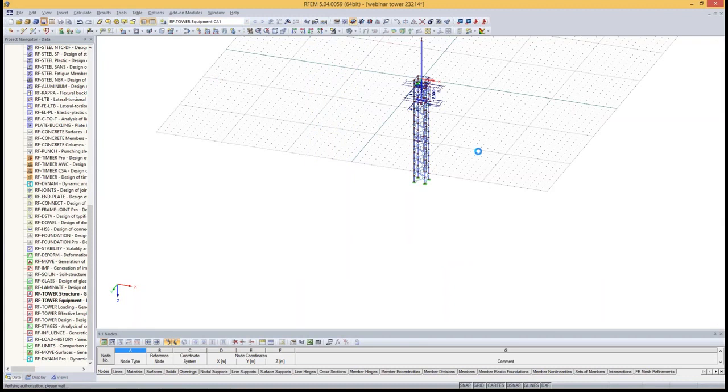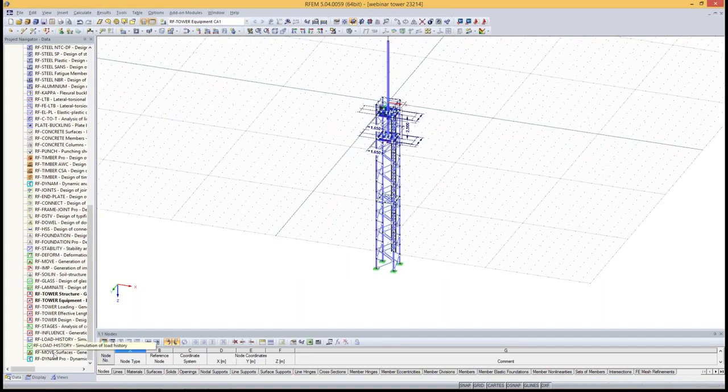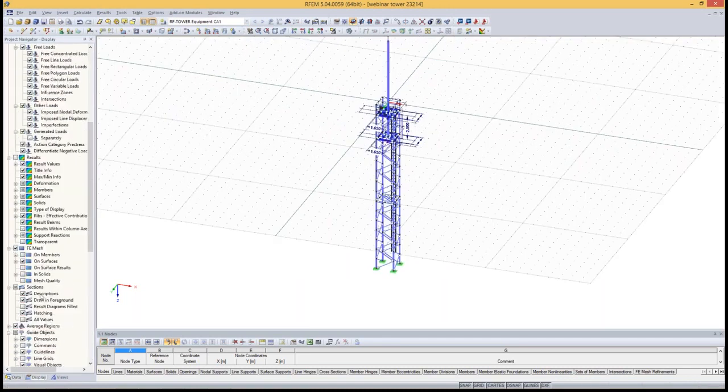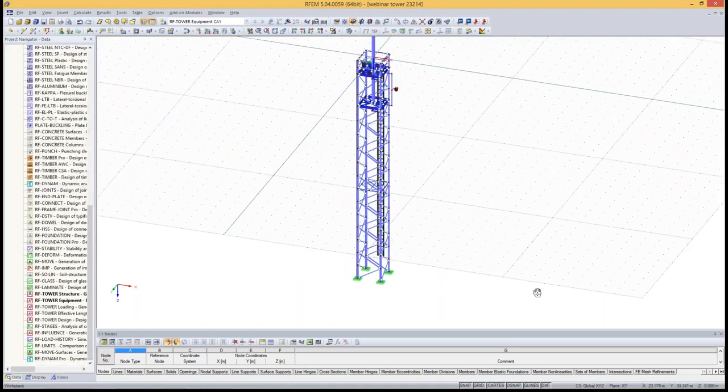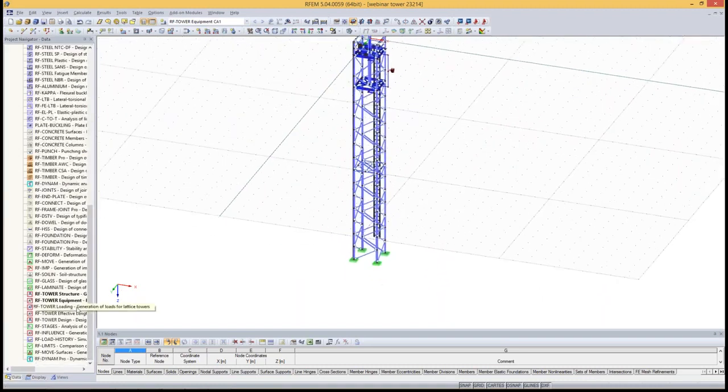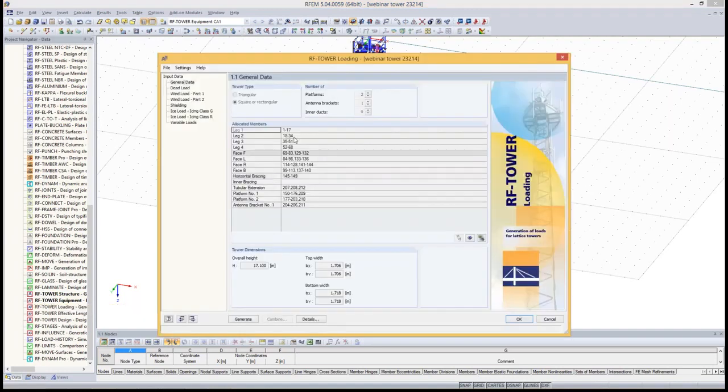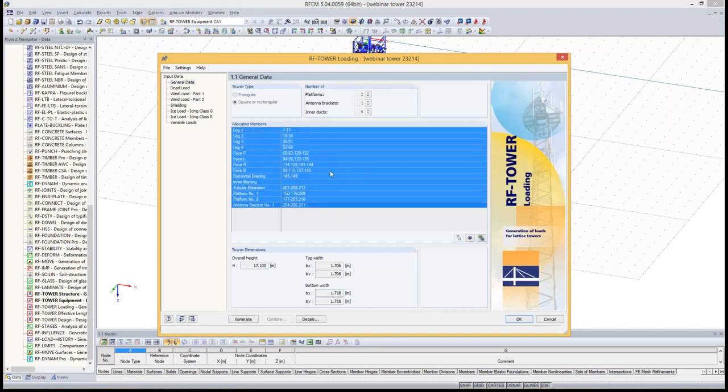Okay, saving the position, saving the model. Now we can switch off maybe the dimensions, and we can go forward to the tower loading module. In tower loading, you can see, like in tower equipment, the structure is located automatically, and we can skip this